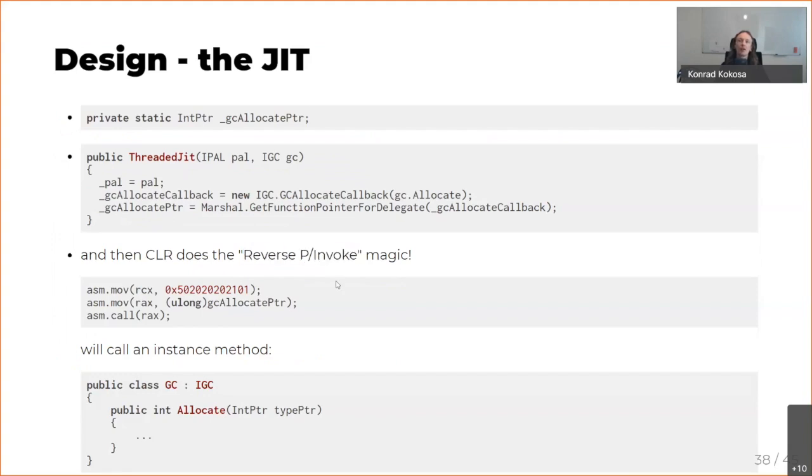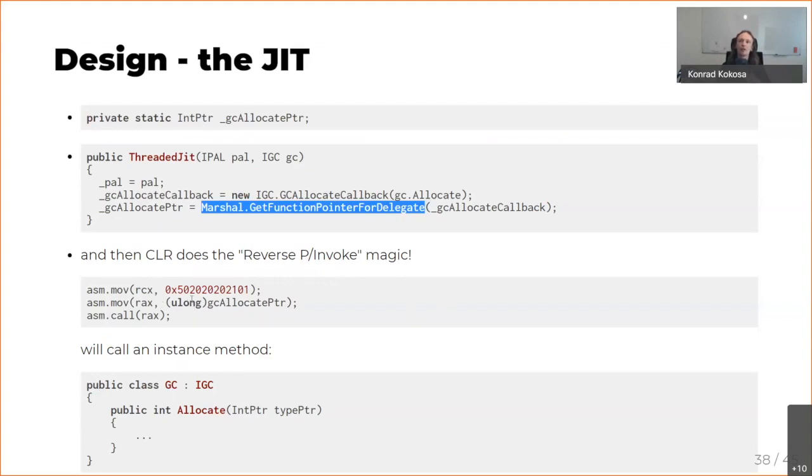So if I convert an address of managed code with the help of this special instruction, which is called GetFunctionPointerForDelegate, it will wrap everything around and connect all the pieces. So in the end, you have a pointer that will be responsible for the whole marshalling. So now you can do exactly what I said.